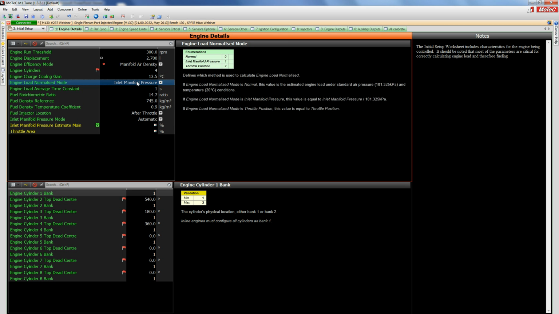Next parameter is the engine load normalized mode. Now what this sets is what parameters we're using for the y-axis of our ignition table. Obviously the x-axis is in RPM, the y-axis is in engine load normalized. Now what we're talking about with these three settings is, if I go to normal to start with, normal simply tells the ECU that we're going to be based on manifold pressure,